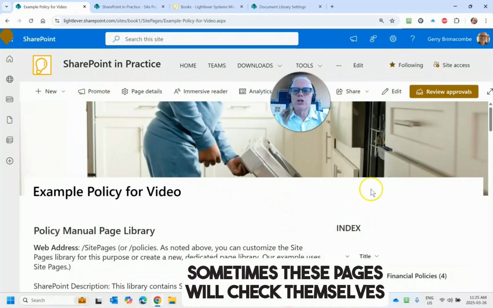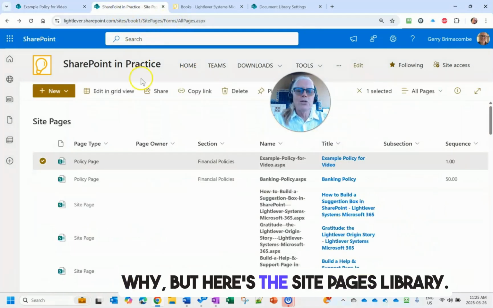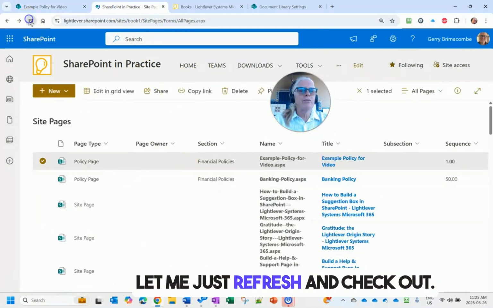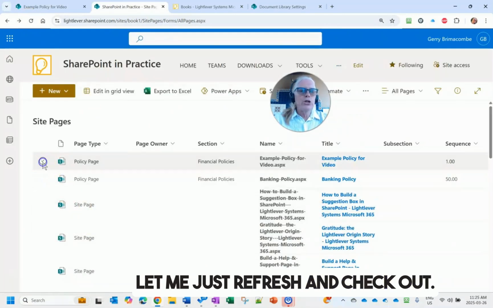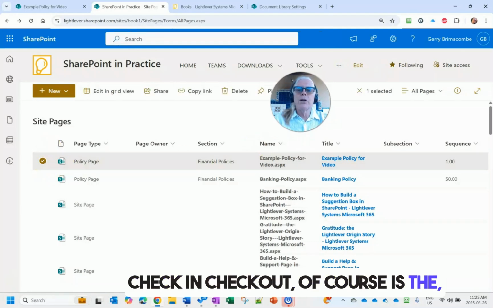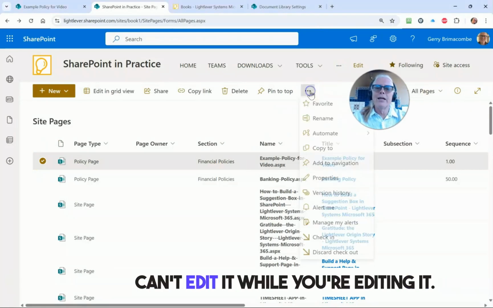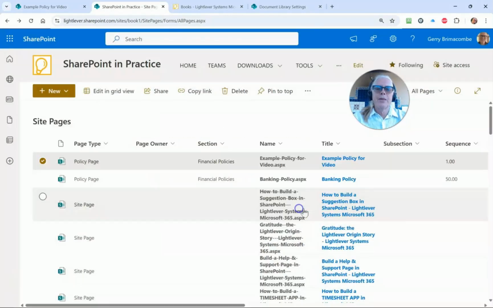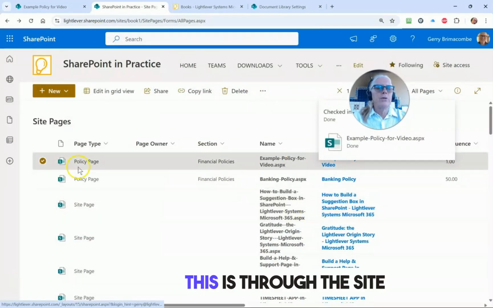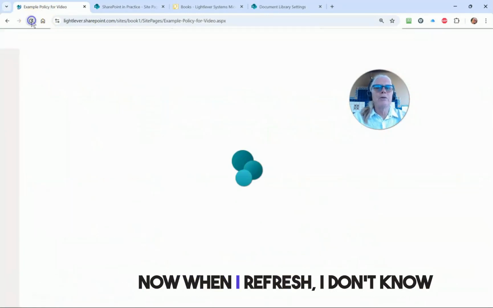Sometimes these pages will check themselves out in this process, and I'm not sure why, but here's the site pages library. Let me just refresh. And check out, check in. Check out, of course, is the ability to lock a file so that others can't edit it while you're editing it. So let's check it in first. This is through the site pages library backend. Now, when I refresh,